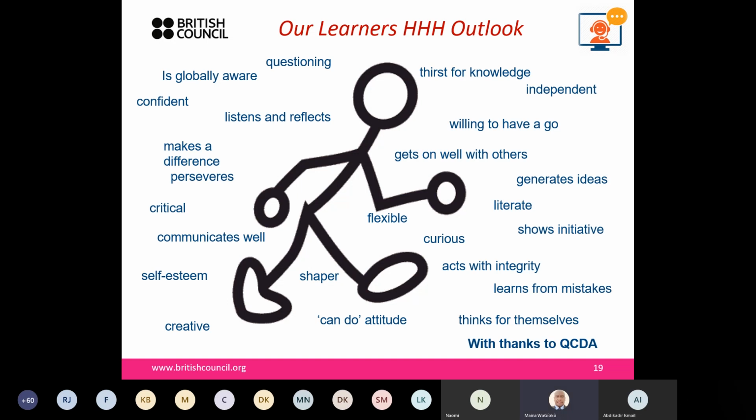Daniel Kuria, your screen is blank. I hope it could be an internet issue. Can you just check if you are connected and refresh? It takes some time to refresh the screen. Abdi, is your screen blank? No, my screen is clear. I can see our learners' hands, head, heart outlook. Okay. So please, if your screen is blank, Cecilia and Daniel, it might take a few minutes, then it will be okay, one or two minutes or less. So okay,